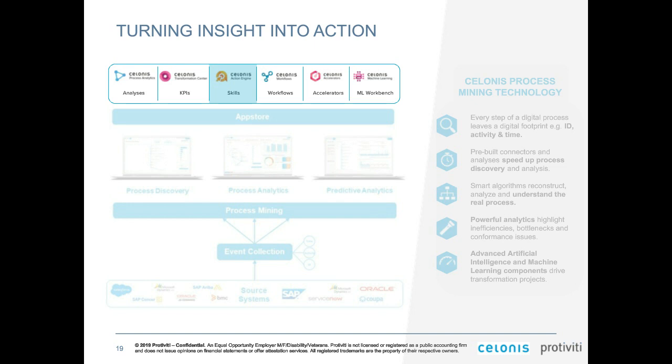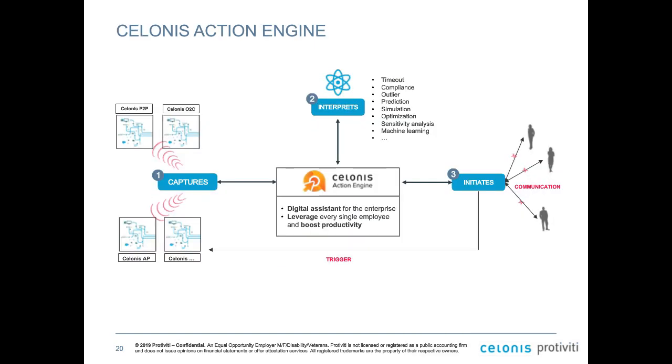What does it mean? Looking at this Action Engine, it learns from historic data, for example what compliance issues occurred in the past. So it takes historic data and uses machine learning and AI algorithms to learn to detect currently happening compliance issues and turn that into action, meaning triggering workplaces and people in the company to take action. Not only people, but also bots. But let's talk a little bit more about that later.